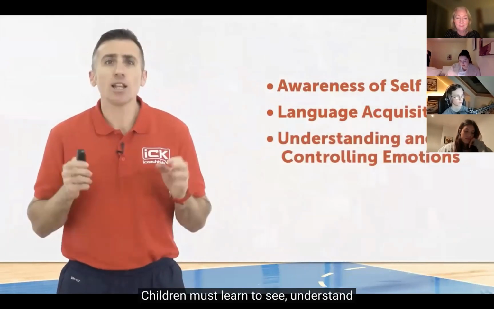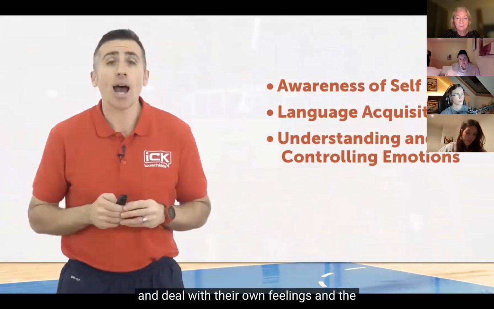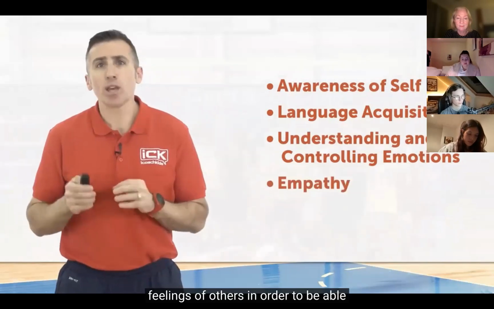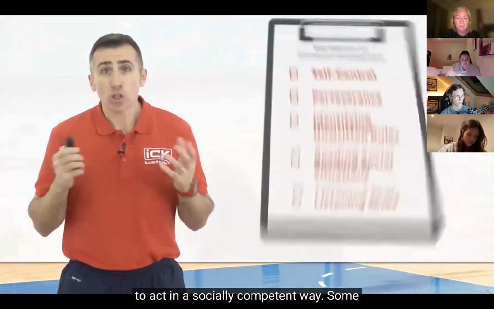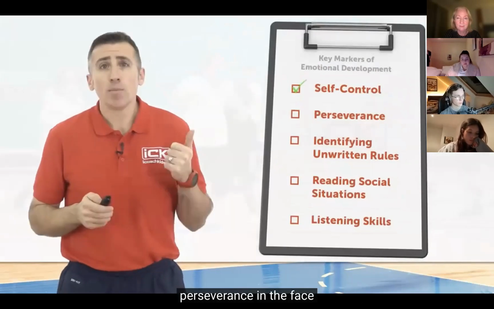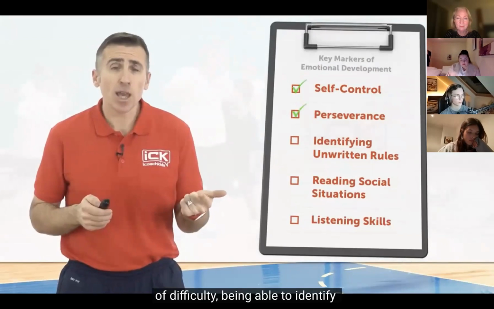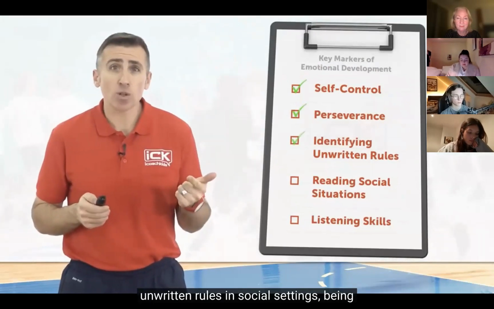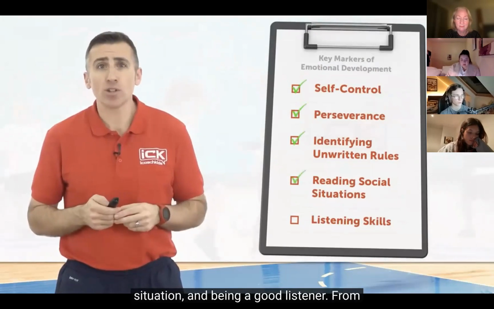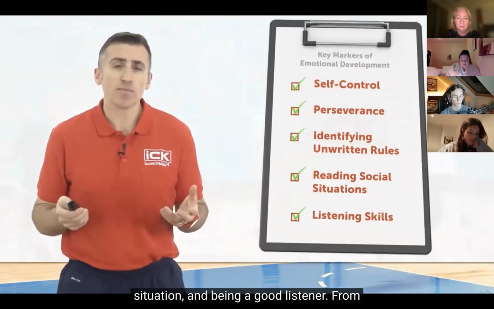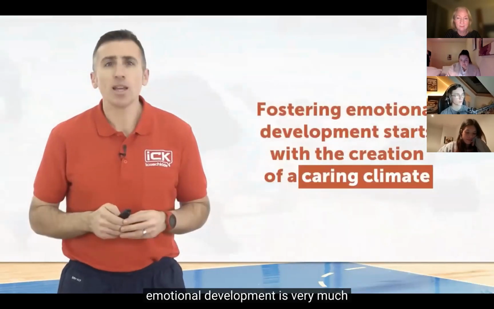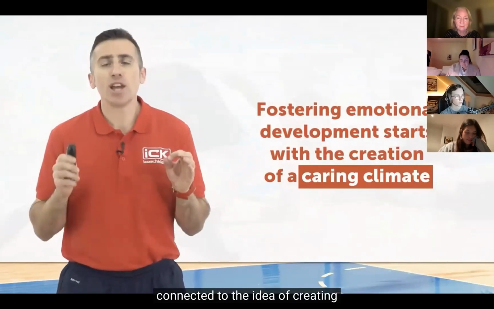Children must learn to see, understand, and deal with their own feelings and the feelings of others in order to be able to act in a socially competent way. Some key markers of good emotional development are self-control, perseverance in the face of difficulty, being able to identify and follow unwritten rules in social settings, being able to read the emotional climate of a situation, and being a good listener. From the perspective of the coach, fostering emotional development is very much connected to the idea of creating a caring